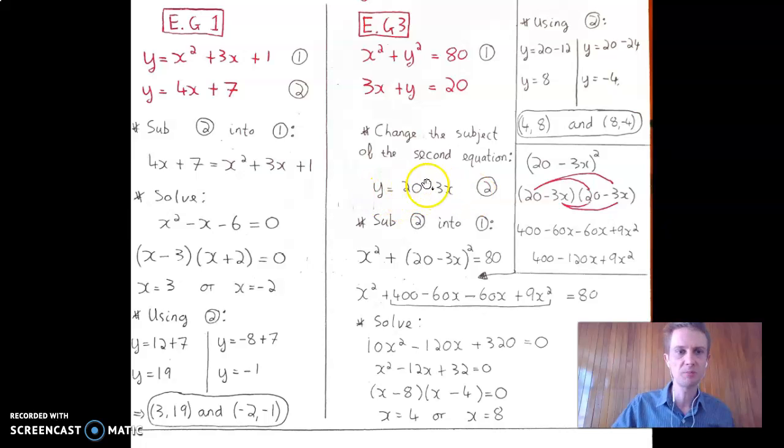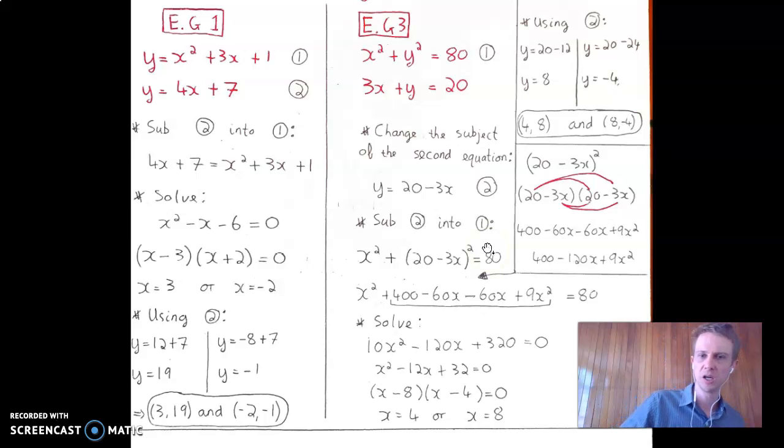Okay, substitution is again, just like we did a substitution here. We're going to substitute that into that. Remember, we're going from 2 equations with 2 unknowns to 1 equation with 1 unknown. So substituting here, that y is going to be replaced by 20 minus 3x. So I've got x squared plus (20 minus 3x) squared equals 80, and then that's just an